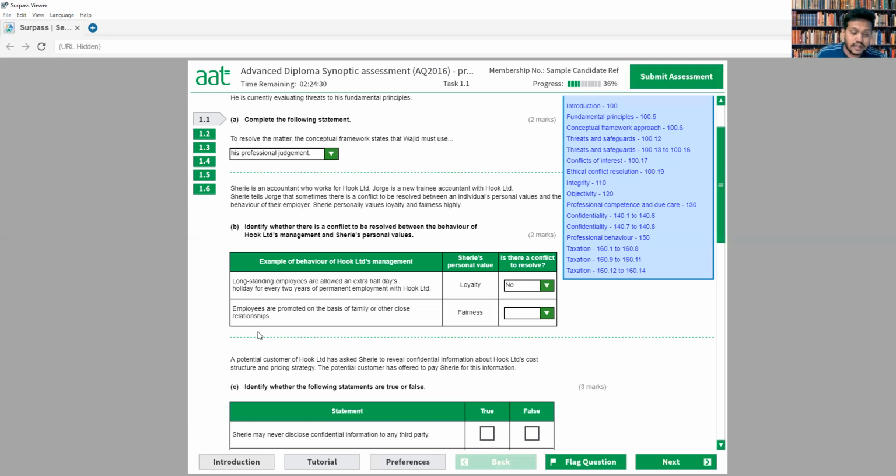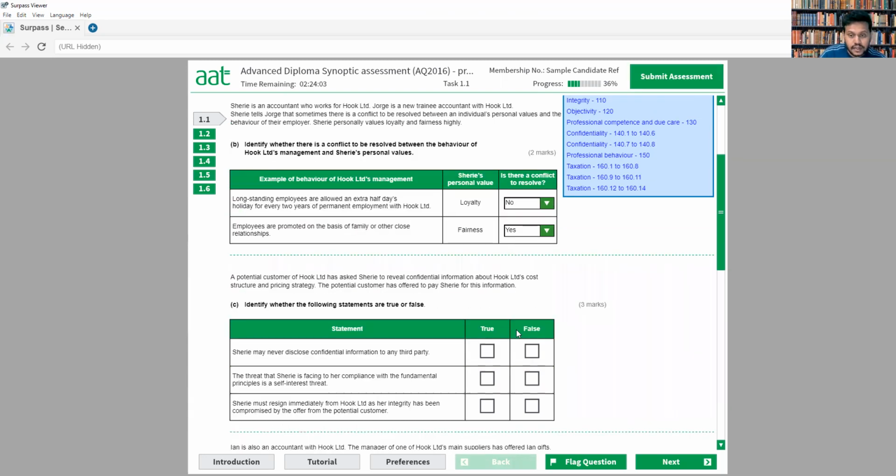The next one we have here: employees are promoted on the basis of family and other close relationships. So this is not fair, isn't it? If only the people close to the directors get promoted, then you might think this is not fair. So there might be a conflict that has to be resolved, and the answer will be yes. And then the next one we have here,